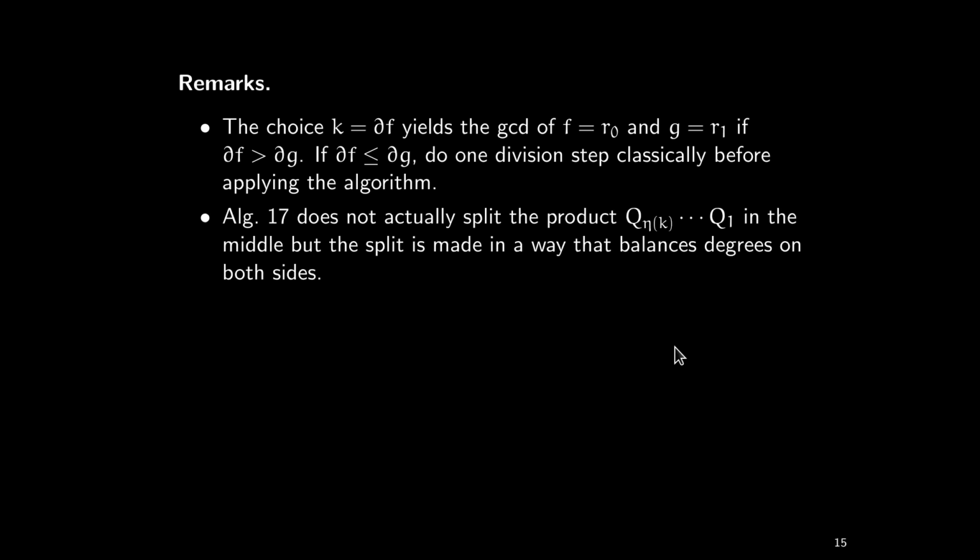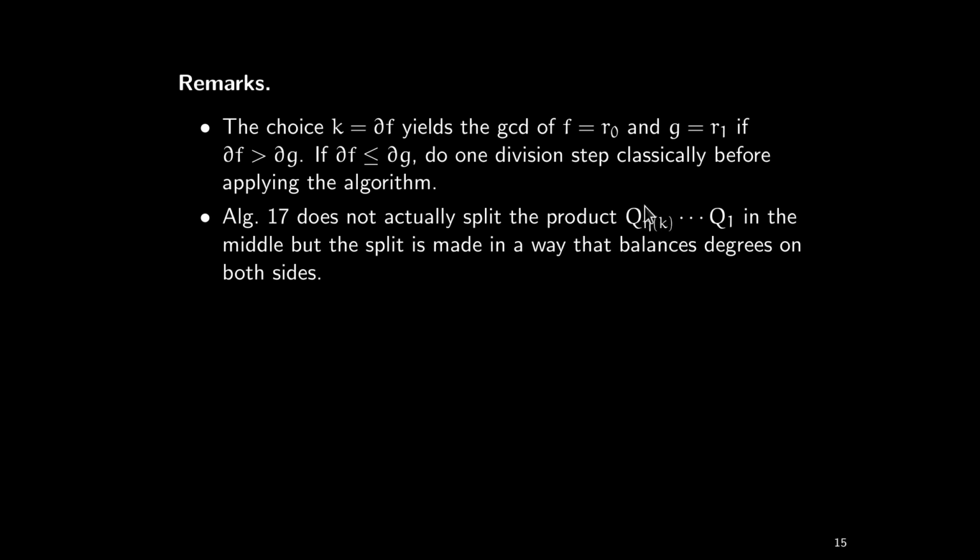Another interesting observation is that we started out by saying we want to break this product in the middle. Now, what does it really mean, in the middle? It could mean that we break the product such that there are as many factors on the one side as on the other side. But if you look very closely into the algorithm, then you see that this is not really what we have done. We have done something that is even a little bit better, because we have also taken into account, and I didn't emphasize it to keep it simple, but now is the point to emphasize it,